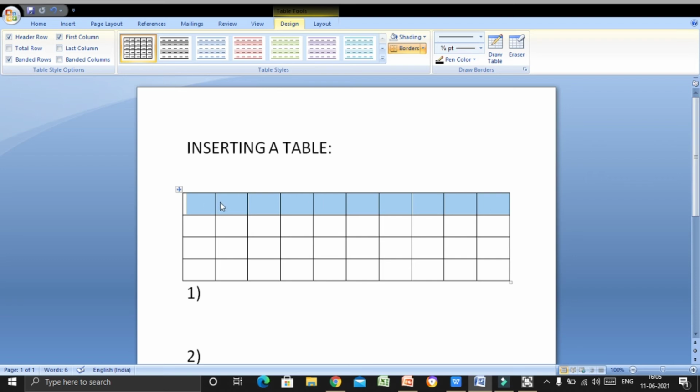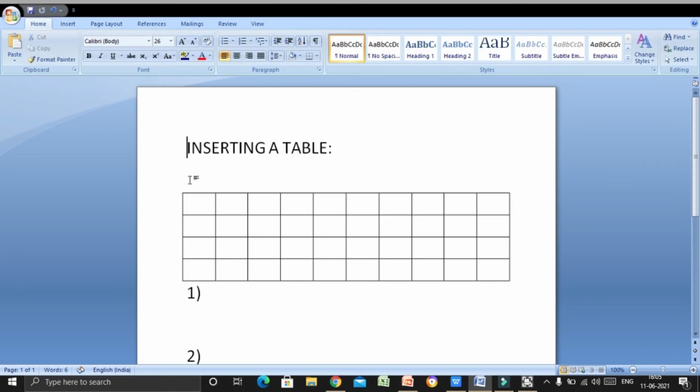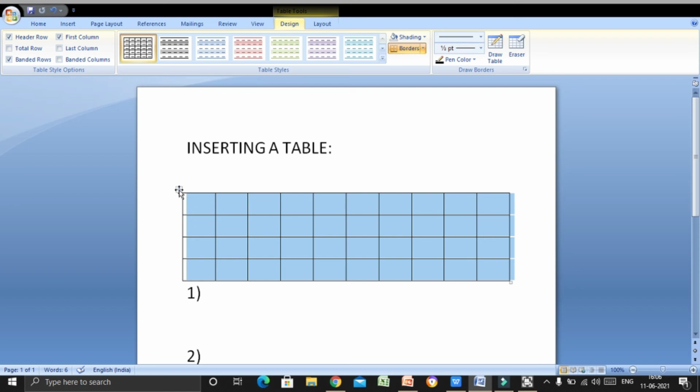Okay. So this was about the vertical lines and the horizontal lines and how to select the cells. The cells you can select with the help of the shift key and the arrow key. This is how to select the cells. And with the help of the four-headed arrow, you can select the entire table. So this was about selecting the entire table and selecting cells and rows and how to move the table from one place to another. Now the next is about adding and deleting columns and adding and deleting rows.